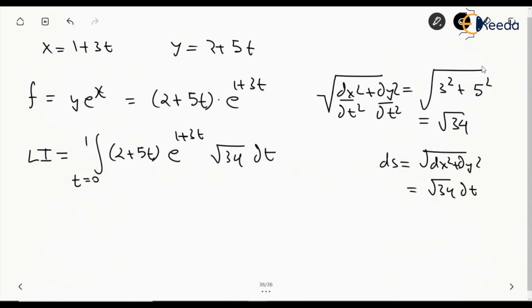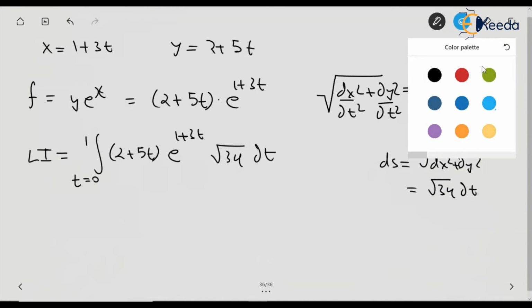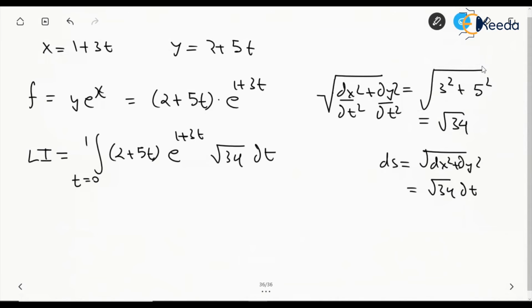This is it. Now we have to integrate this function, so we can take one of the functions to be u and another one to be v, and we can do the uv integration. Let's say this is u and this is v. This is a constant c,